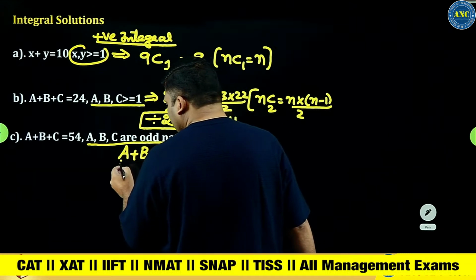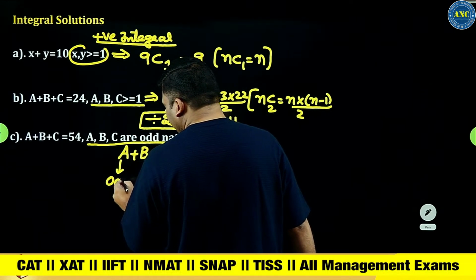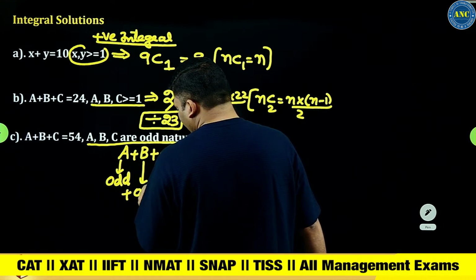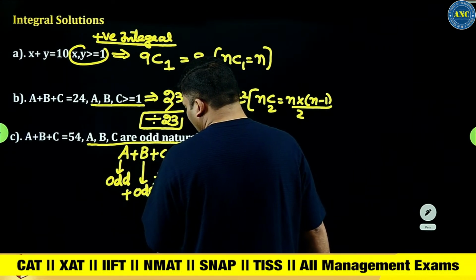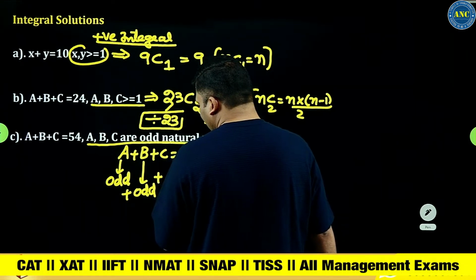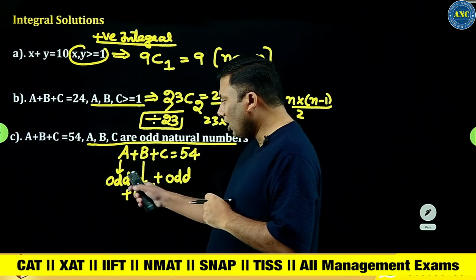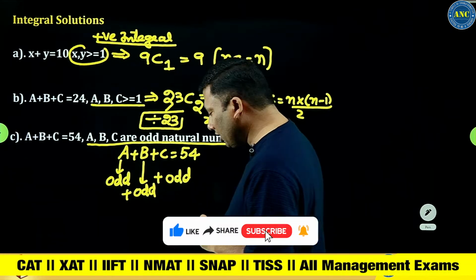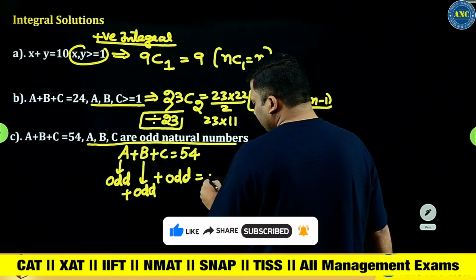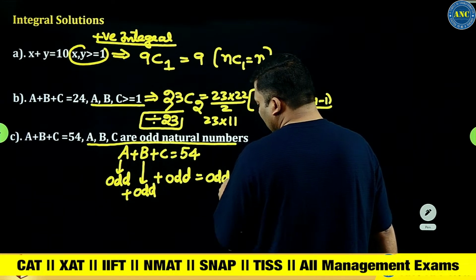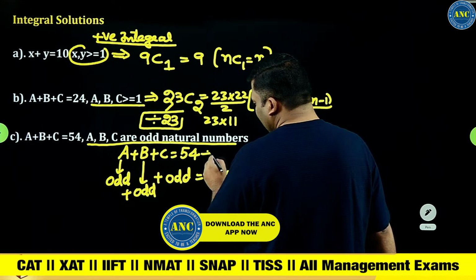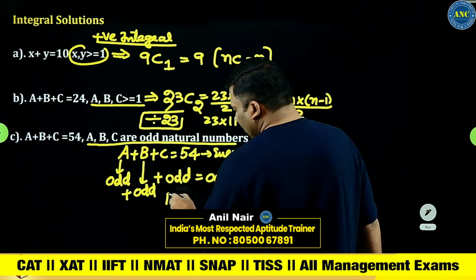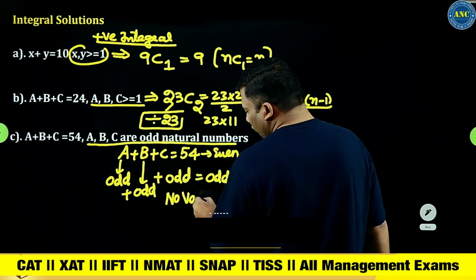If I use the basic concept, what will happen if I add 3 odd numbers? Odd number plus odd number is an even number. Even number plus odd number is an odd number. The left hand side is an odd number, the right hand side is an even number. It is not possible. So the answer for this question is no value for